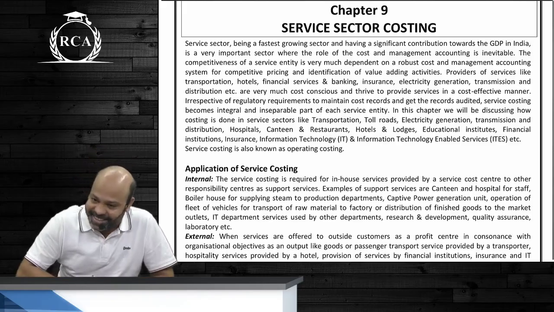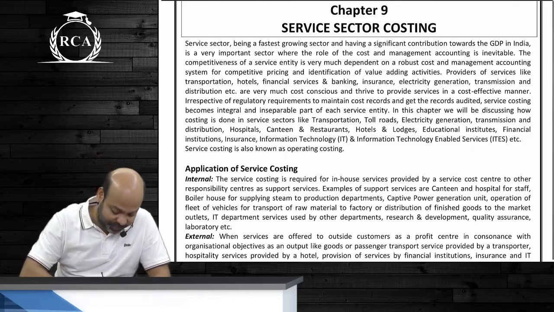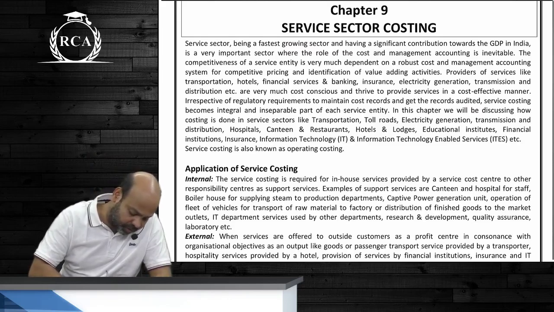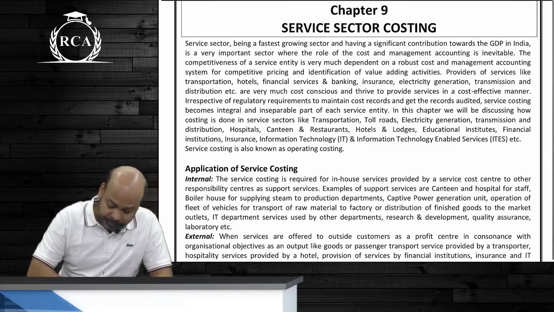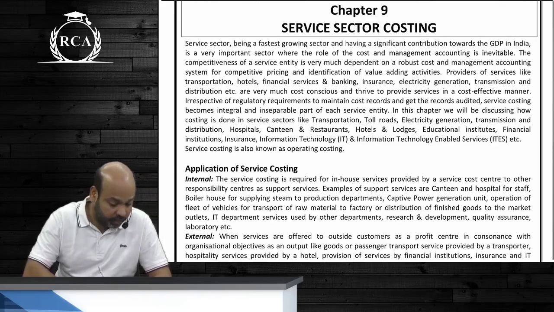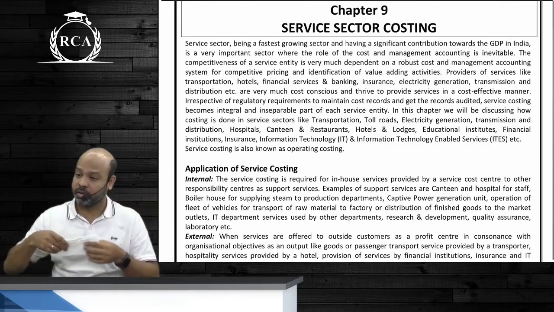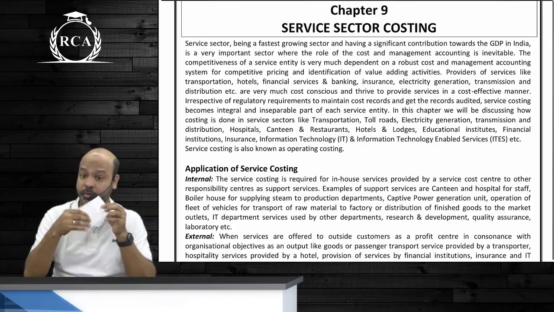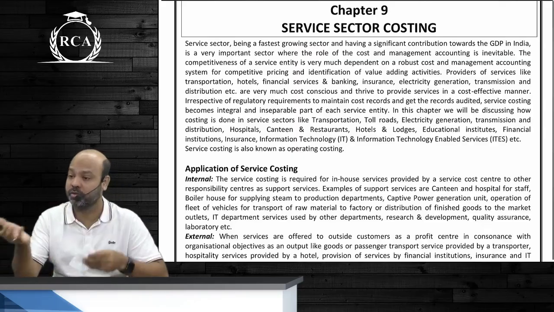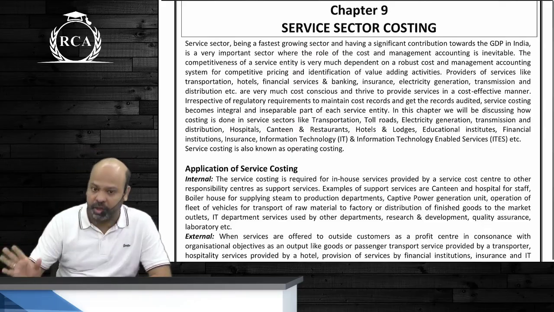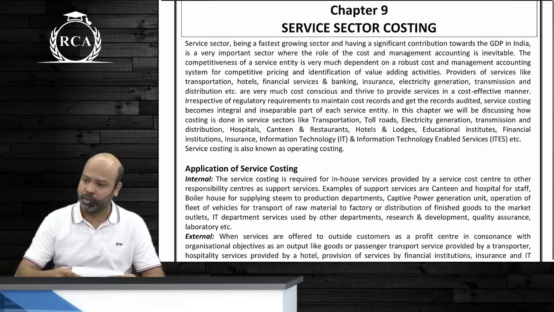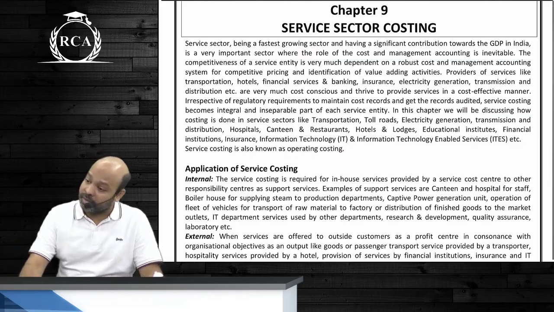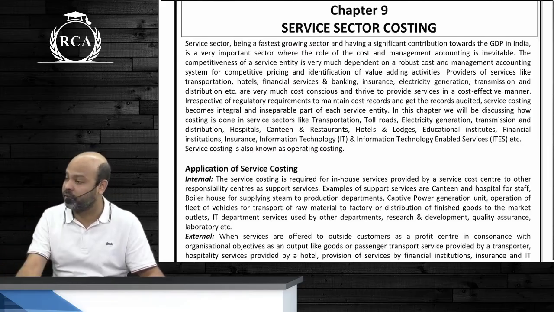Yes guys. Yes beta Ayush. Creating a relation between input and output will be hard. Not so difficult beta. Why will it be hard? If I ask you to solve a question, won't I have a standard time in mind? Will I be able to fix a standard relation between the amount of input that was required and the output that is supposed to be arrived at? Yes or no? There will definitely be a relation between input and output guys. It's not like cost cannot be measured. It's not a discretionary cost center. It is still going to be a standard cost center. Types of responsibility centers, cost centers.